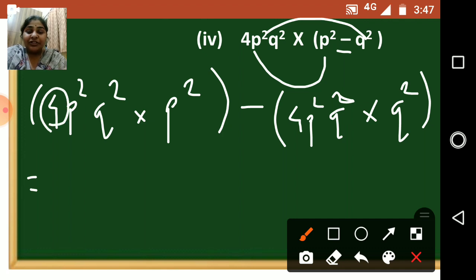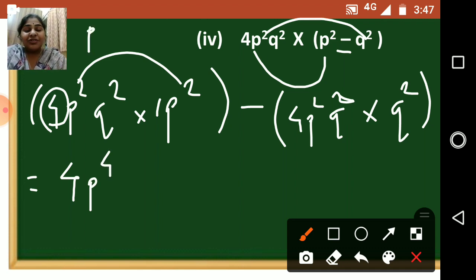Here the coefficient is 4, here the coefficient is 1. 4 ones are 4. p square will be p raised to 4. Everybody knows the rule now. a raised to m multiplied by a raised to n is nothing but equal to a raised to m plus n. The powers are added. So p square multiplied by p square will be equal to p raised to 4. And here q square as it is,